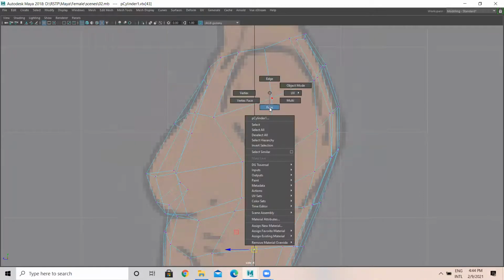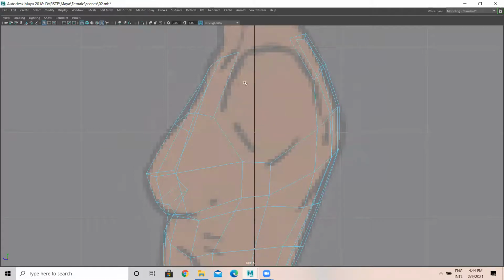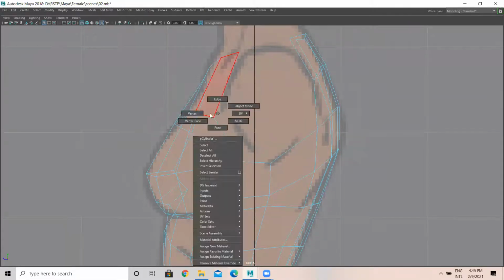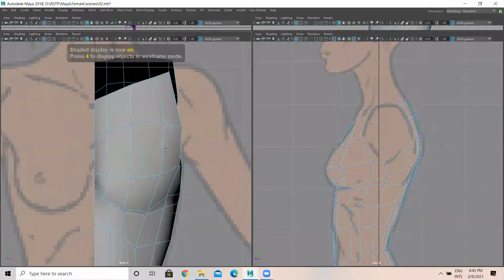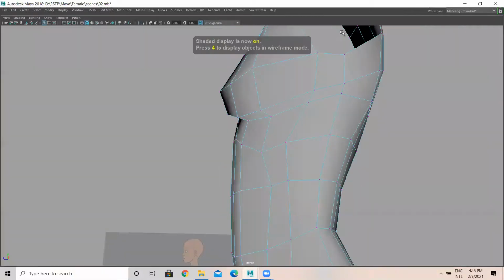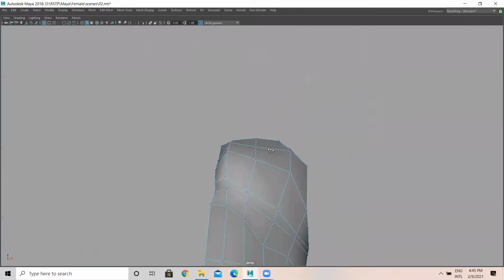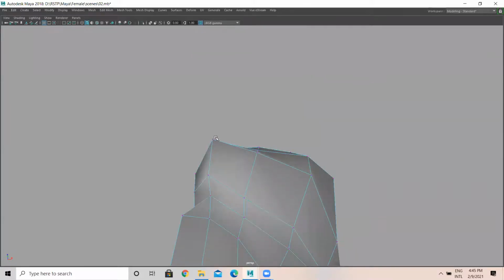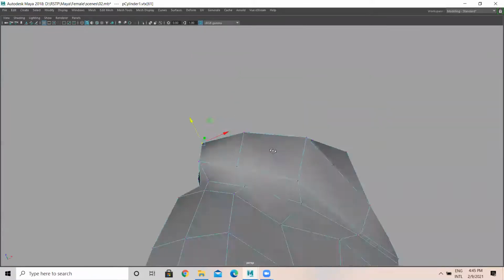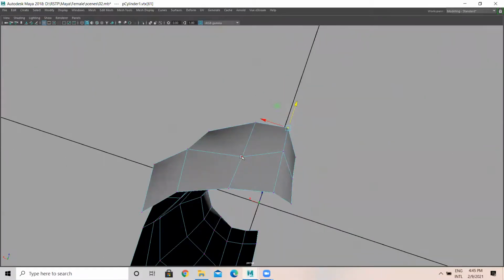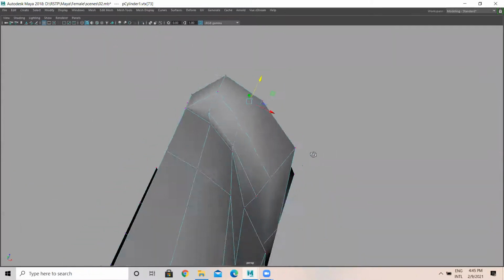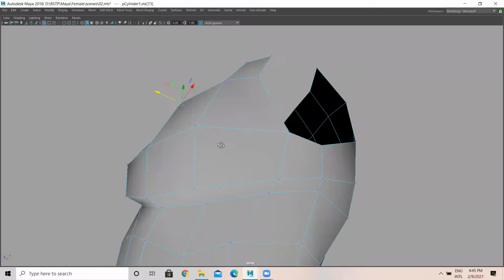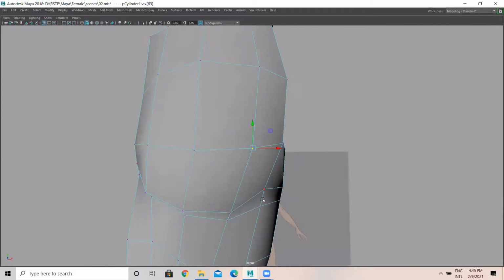So now what I'll do, I'm selecting these four faces and I'm going to delete them. This is for the shoulder part. So I'll come over here. Let me add this part like this.